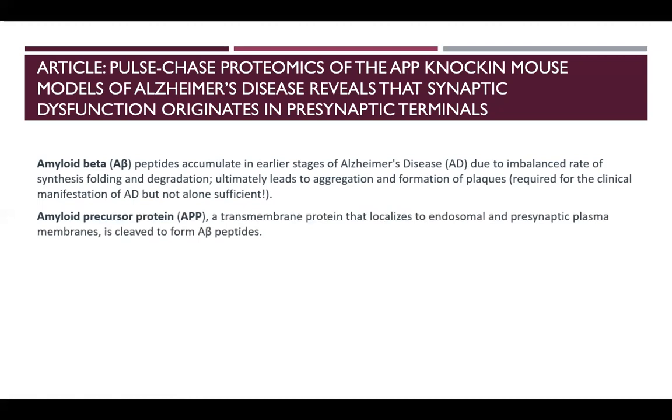The amyloid precursor protein, or APP, is a transmembrane protein of interest that's also thought to be involved in the formation of plaque and later AD manifestation. Seeing as it is cleaved to form amyloid beta peptides and is involved in the synthesis or degradation of amyloid beta, it would make sense that they would conflict with one another. So for the hypothesis of the experiment,